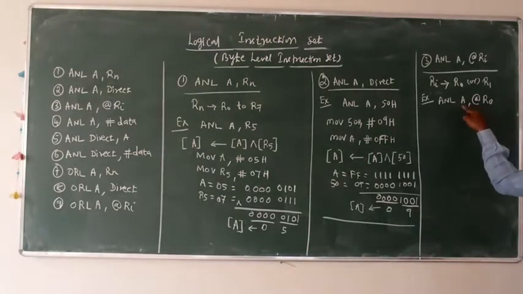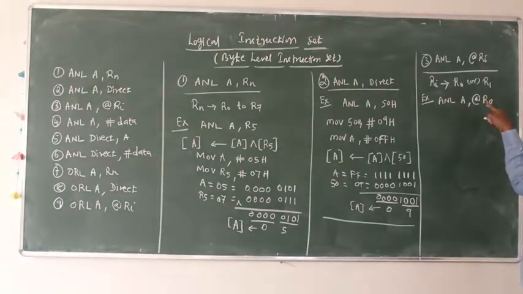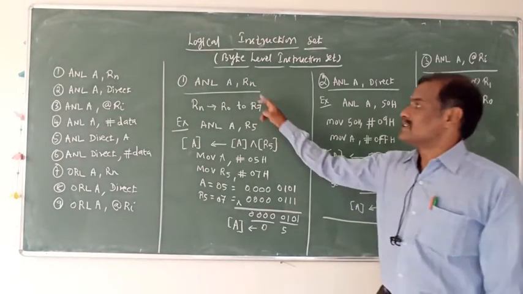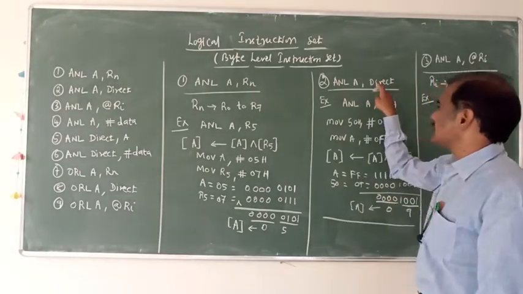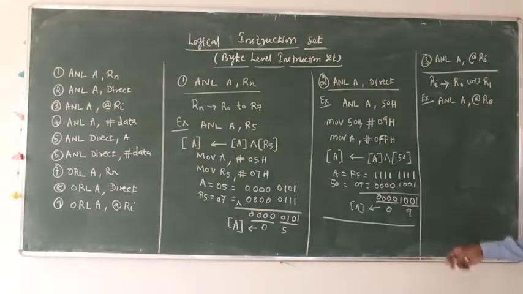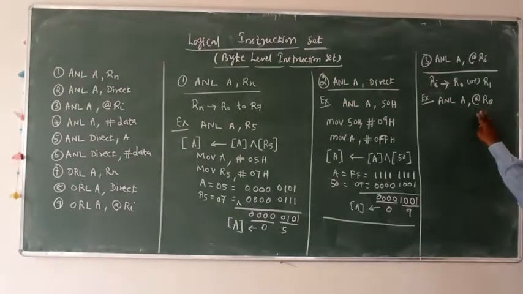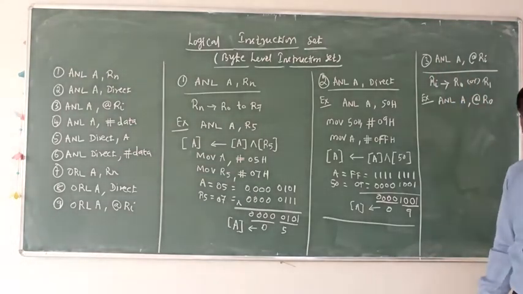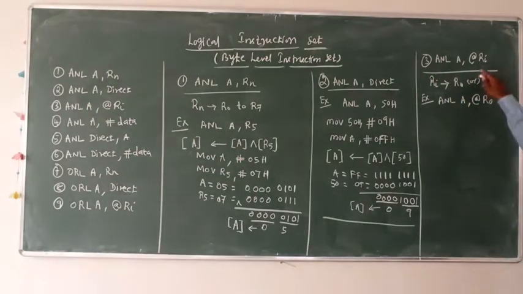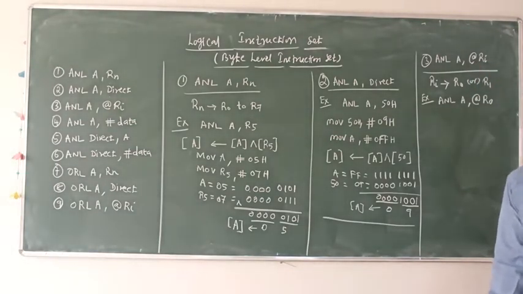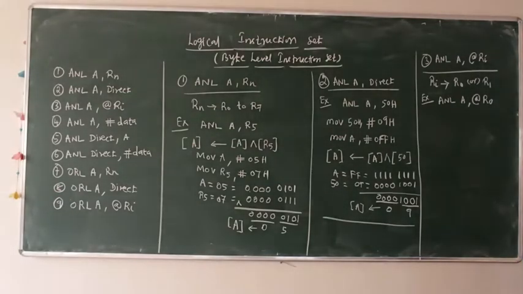Here, data one is available in the accumulator, the second data will be available in memory, and the memory will be available in an internal register. So data is not directly available. In the first instruction data is available in a register, in the second instruction data is available in a memory address location. Here memory will be directed, but data will be available in memory, and the memory is available in an internal register. So data is not directly available. At that time we have to use at the rate of, which means indirect memory address location data.